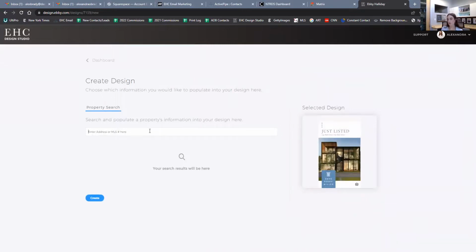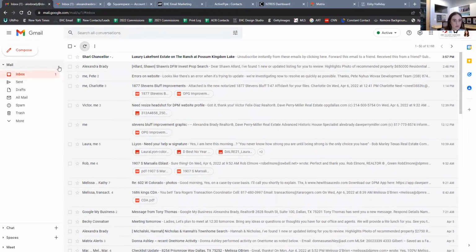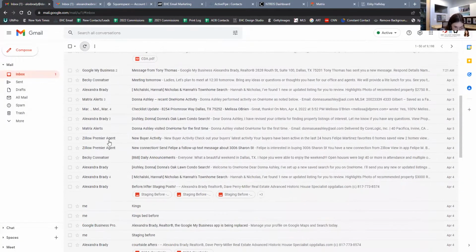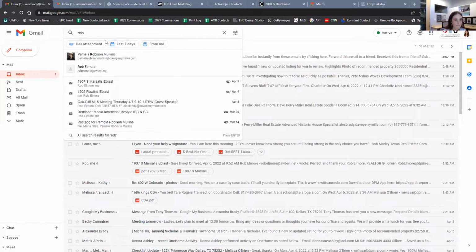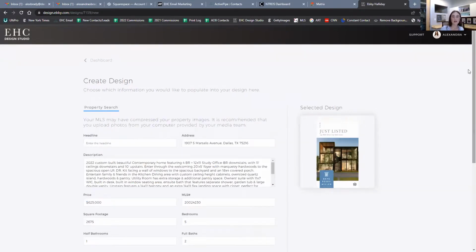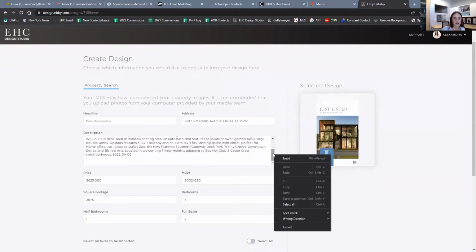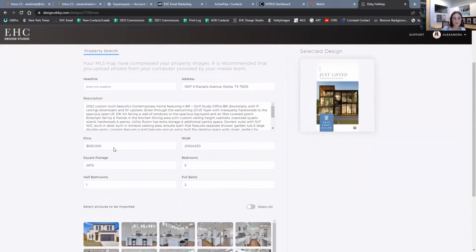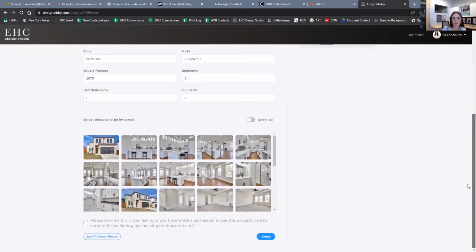This is cool. So this applies to all graphics. You will enter the address or the MLS number here. Let me get an active listing real quick, 1 second. 1907, okay. So as you see, as I start to type in an address, it pulls up and I can click that. And then I can review all this data. So it's got my price, MLS number, bed, bath, square footage, and then you can select the